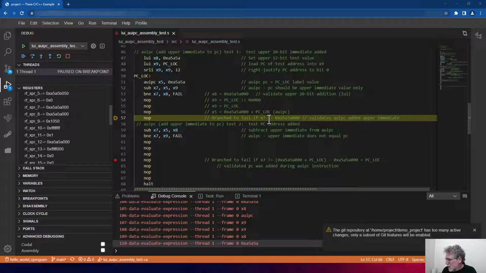So at this point, x7 does equal my upper immediate as expected. So that means I've at least brought in the upper 20 bits correctly. Now if I go to the next test point,